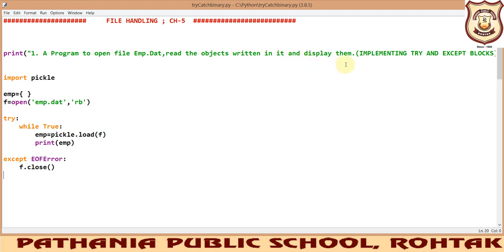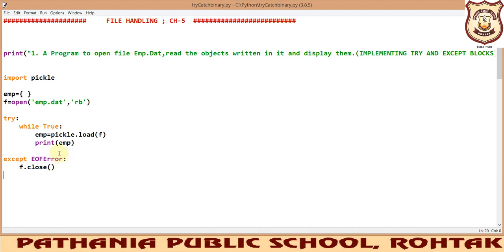So these statements like opening up a file, reading a file and displaying the contents of that file will be written in the try block. The try block is the normal block where the execution of the normal instructions has to take place, and the except block is to handle the exceptions, the errors that may arise.